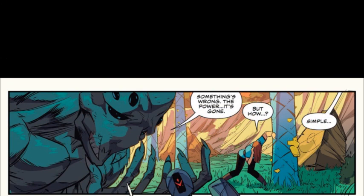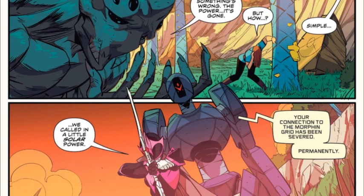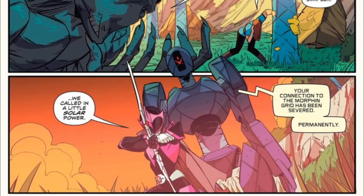The empowered are no longer empowered. They wonder how, and Ranger Slayer explains. She went through the gate to the Beyond the Grid dimension and brought back the Solar Rangers. So I will say right off that the cover spoiling the return of the Solar Rangers kind of took a lot of the weight out of this. However, I still think that as a story tool, this is